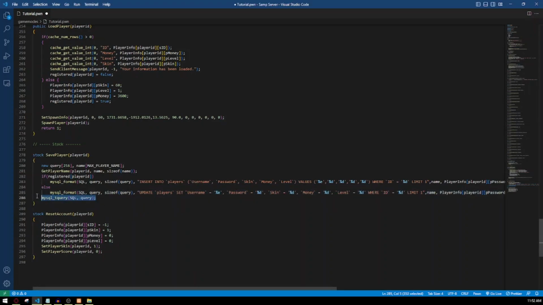This is going to send the formatted query to MySQL and it's going to run it, and the things are going to be saved. Okay,